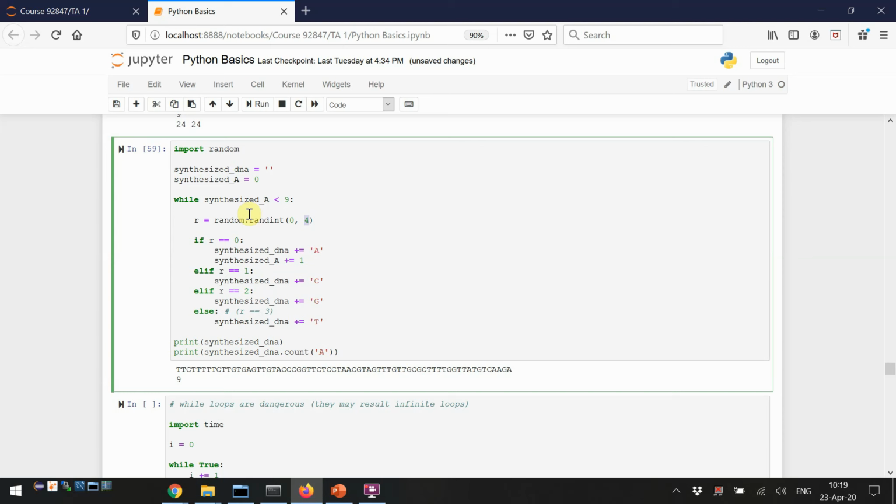According to this number, we're going to decide which nucleotide we want to synthesize. If it's 0, we're going to put an A, 1 will be a C, 2 will be a G, and otherwise 3 will be a T. If we add an A to the synthesized DNA, we also want to increase the count of A by 1. And that's essentially it. On each iteration we introduce a random nucleotide, and we stop once we have introduced 9